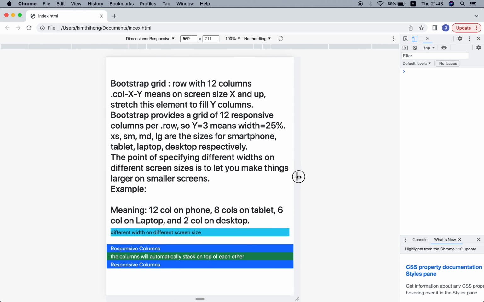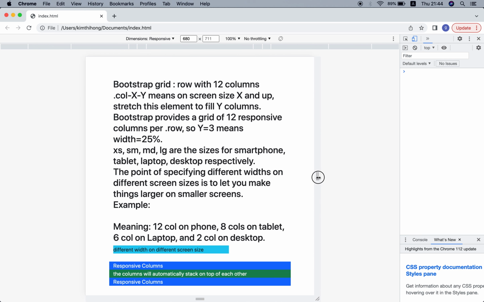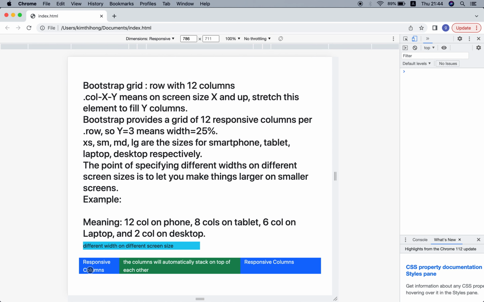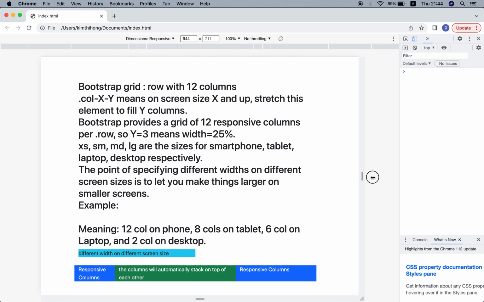If the screen size is bigger, then they will display horizontally.